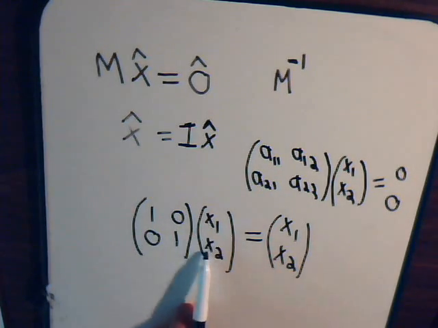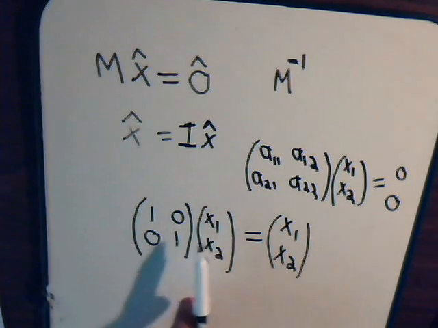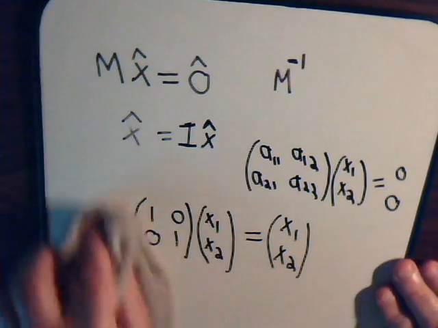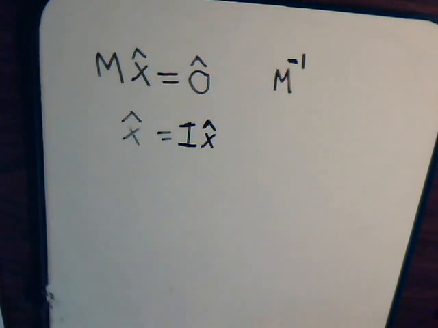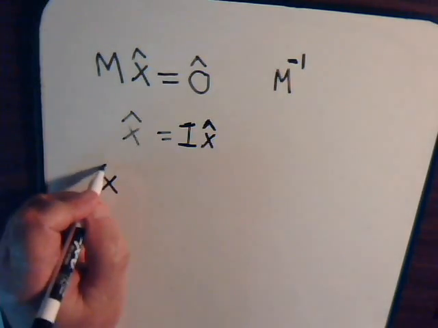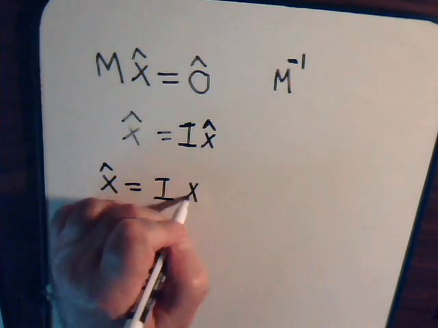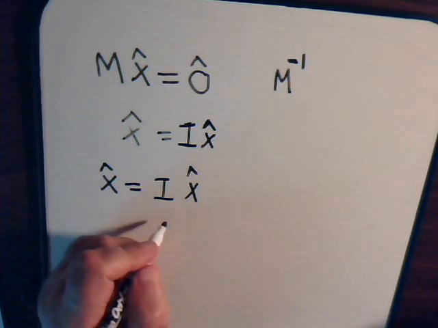Go across and down, we have x1, go across and down, 0x1 plus x2. So this is a legitimate way to write this, and we're doing it for a reason, obviously. So what we can say then is that this x equals I times x, but I is equal to